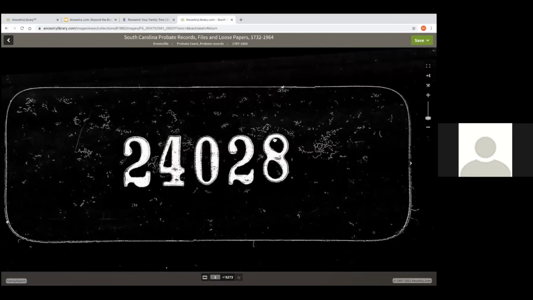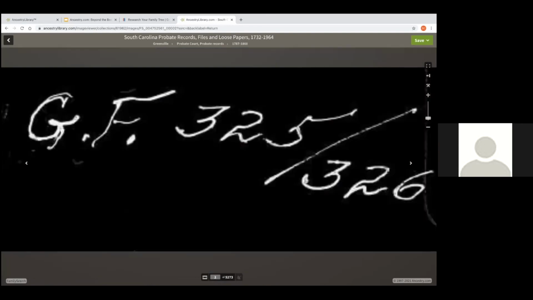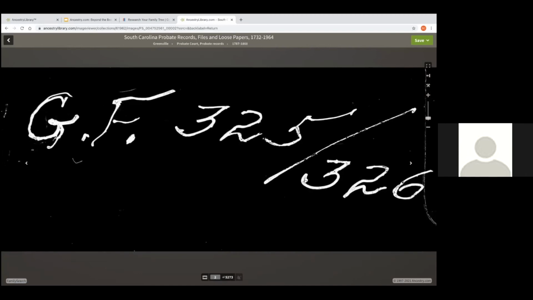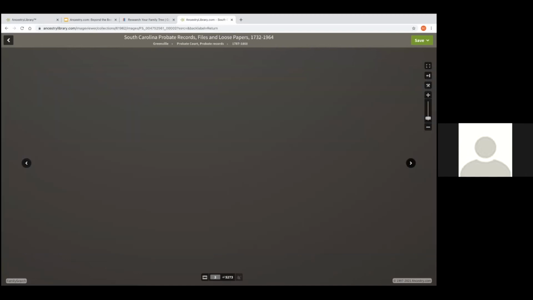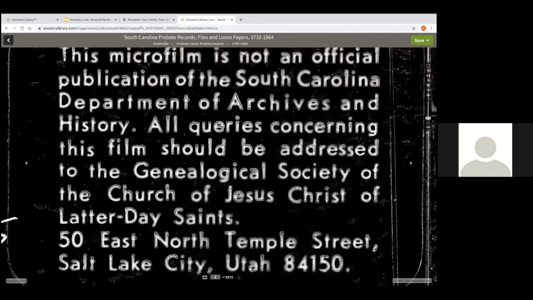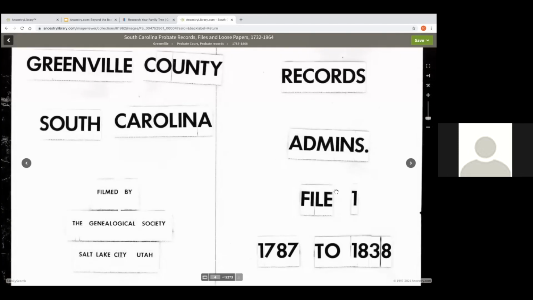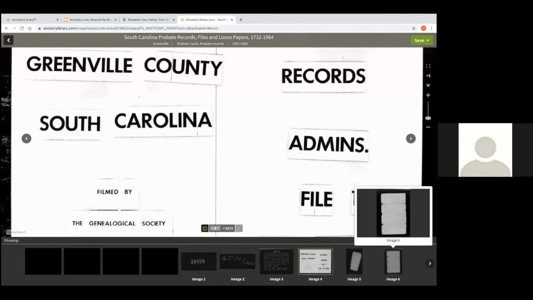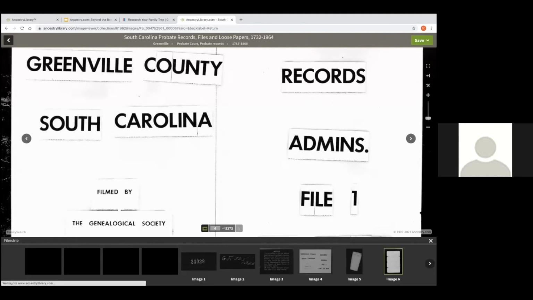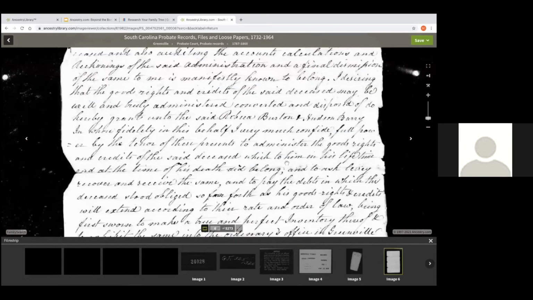It's almost like if you've used microfilm at the library and you put a reel on and you just have to scroll through and look through. There's not a way to search. This is the same thing, except it's been scanned. And I can click these little arrows, a right and left arrow, and I can just click through this collection. I can see the title page out here. And if you click on the little film strip at the bottom, you can usually get a little preview. But this is going to be an actual record here.